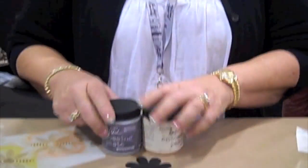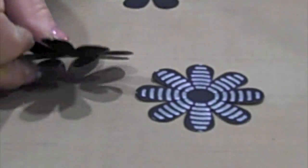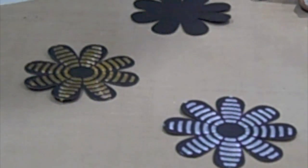Good, excellent. I'll show you my new embossing paste. This is something I added to my brand because it works with a lot of Ranger products. It comes in white, black, and gold and silver, which are brand new for the show, so that's what I want to show you today. They work really well with stencils. You can use them on projects without a stencil just by spreading it on, but I'll show you a cool